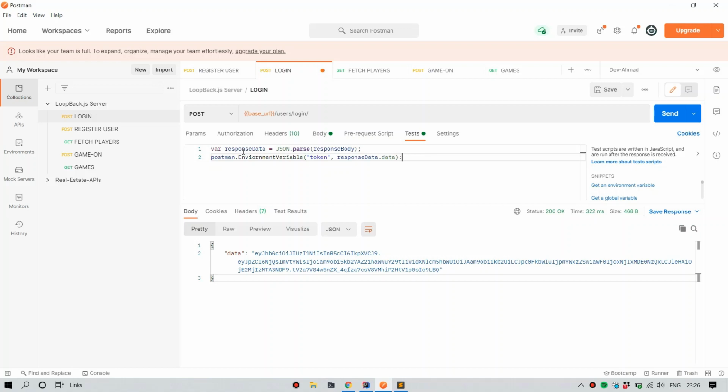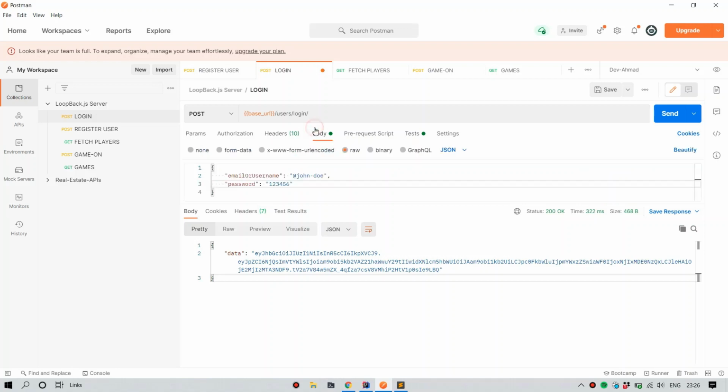So this will get the response body, parse it, save it in the response data variable, and then we access the environment variable and set the environment variable called token with the response data, and that's it. So let's just test it.